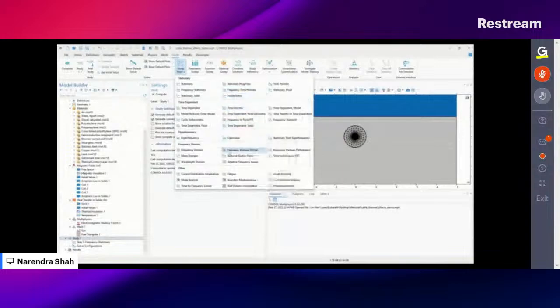So depending upon the kind of application you have, for example, if it is more of AC devices, we'll be going ahead with a frequency domain study, right? For any sorts of DC applications, it is mostly going to be a stationary study or a time dependent study, right? And if you want to see the transient behavior within any AC machines, then you can basically go ahead with the frequency time dependent study, right? So there are such hybrid kinds of study types that are also supported within COMSOL, right? So for now, we have